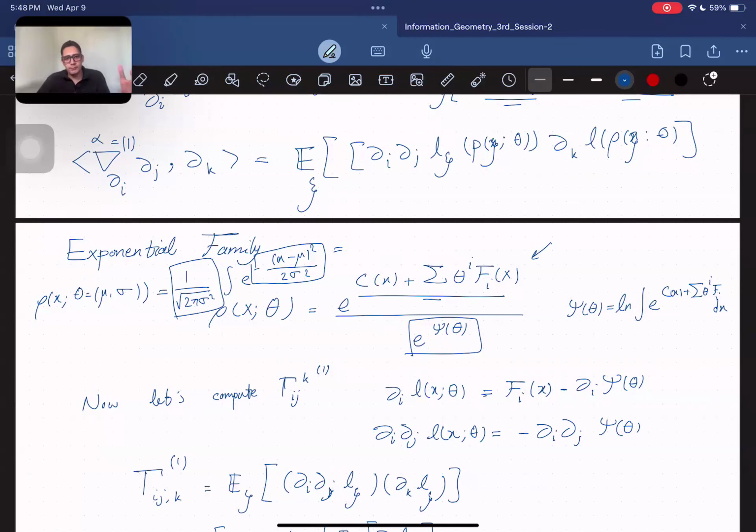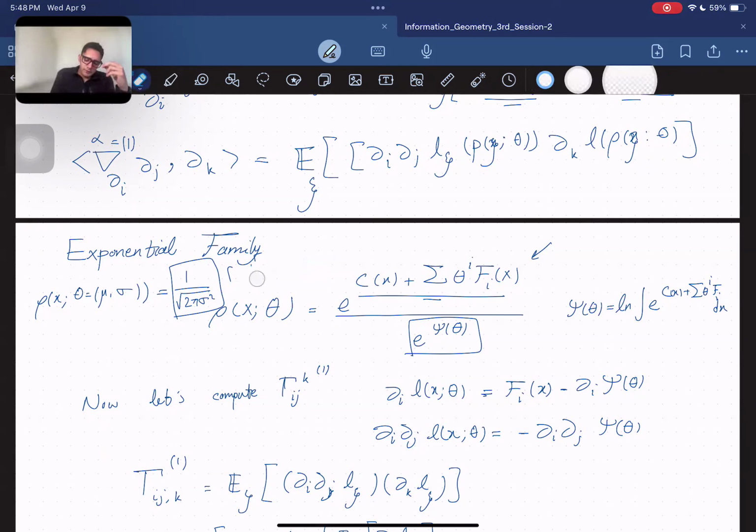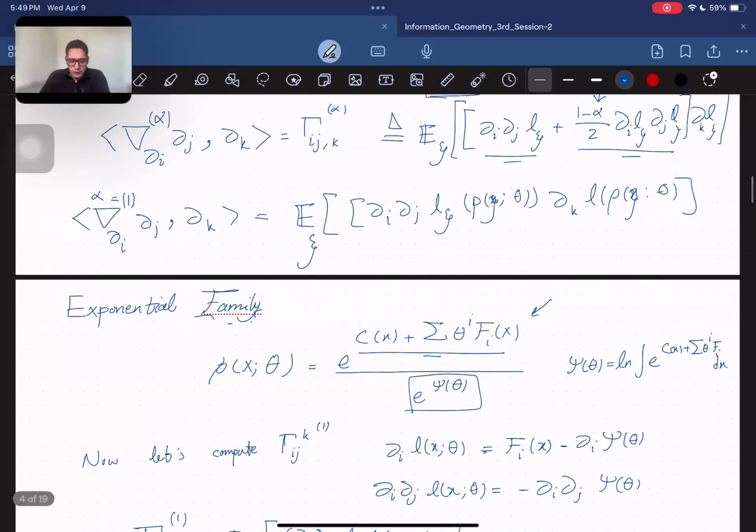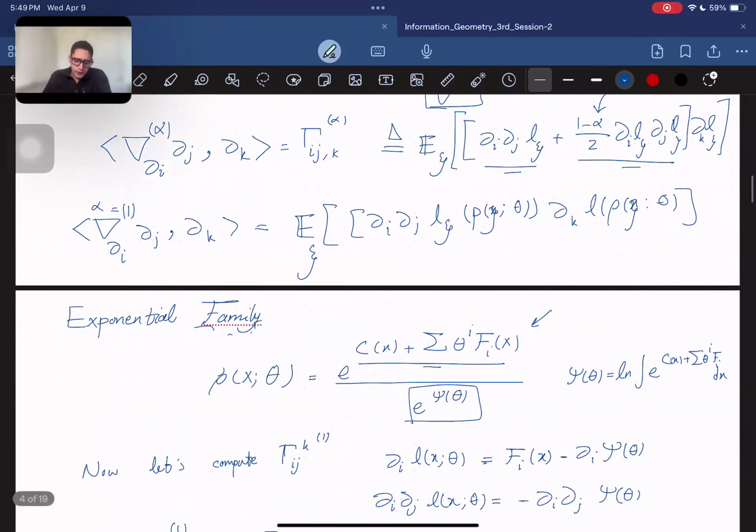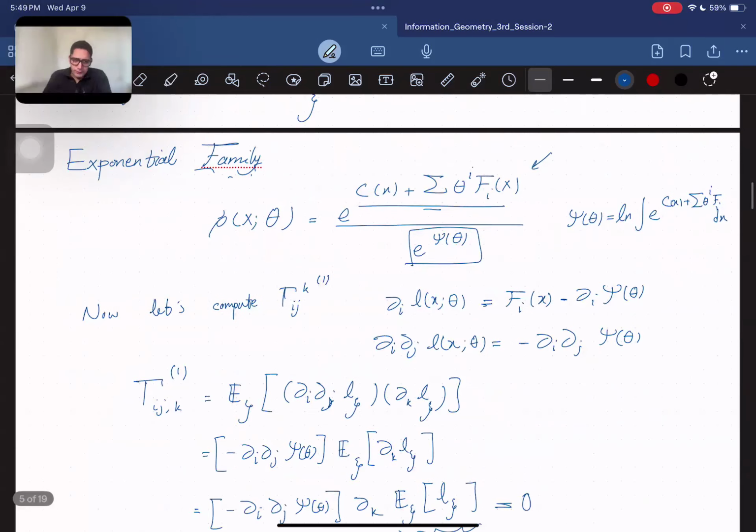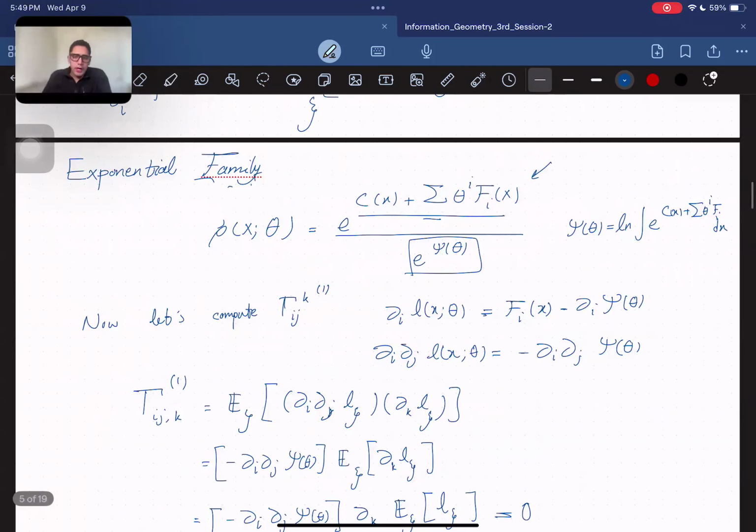exponential family. So what follows, I want to show you that in exponential family, we have an affine coordinate system. Okay. Consider the exponential family is given by this. Now I want to compute this n to the power of 3 parameters. Okay. First of all, I need to take the log of p, which would be